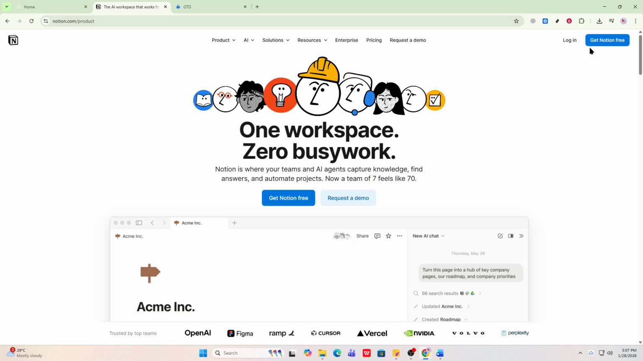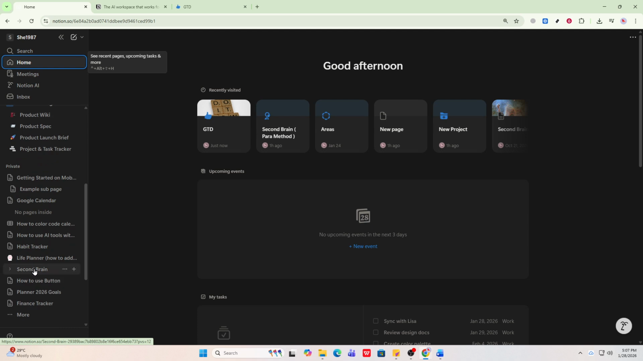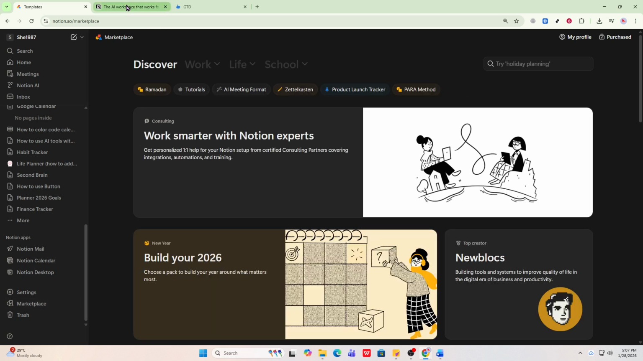Once you're in, look to the left sidebar for the Marketplace. This is where creators share ready-made templates you can add to your own setup. In the Marketplace search bar, type GTD template. Browse the results and pick a template that matches your style. When you're ready, click Add to bring it into your workspace, then click See Template to open it and start